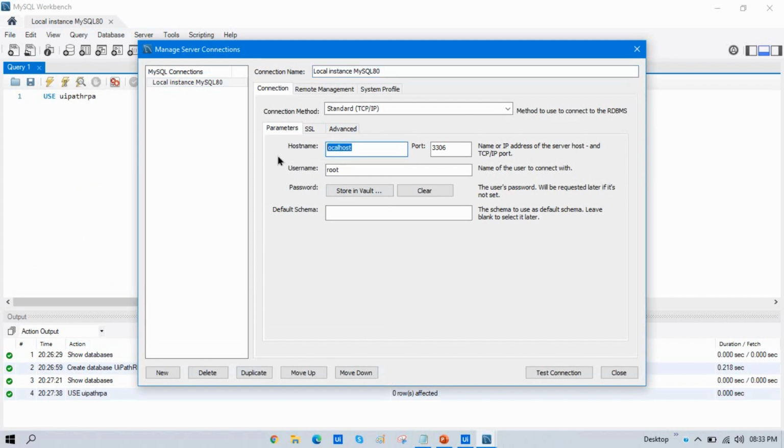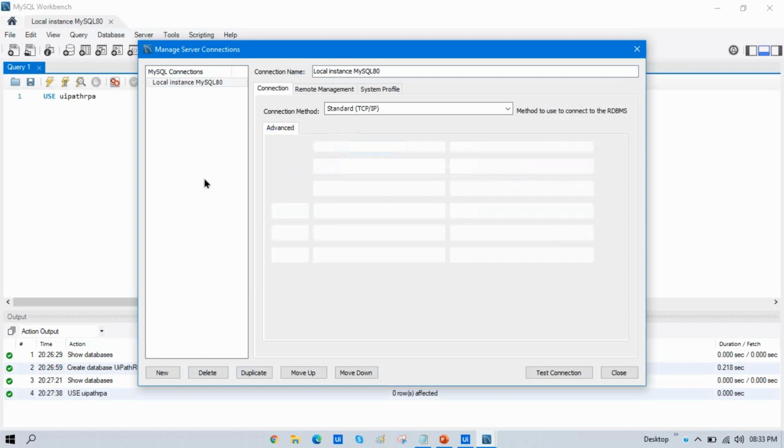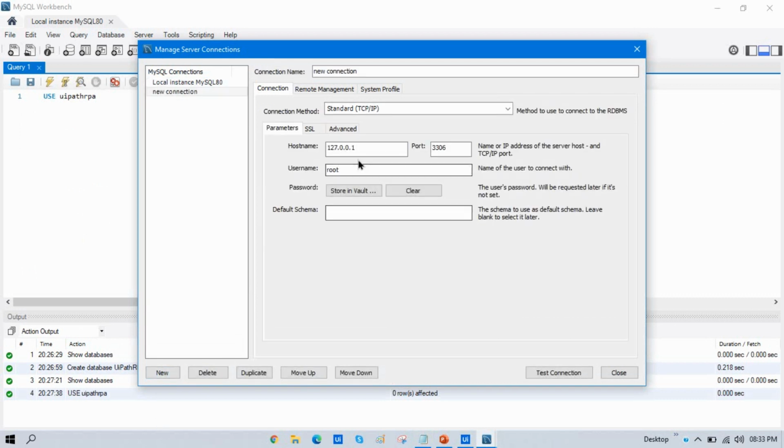Now again, if you create a new connection, if you click on new, then this time you will be getting the host name as this one. So in that scenario, your host name will be this IP address, not localhost. I am just using the default one which I created while installing MySQL.